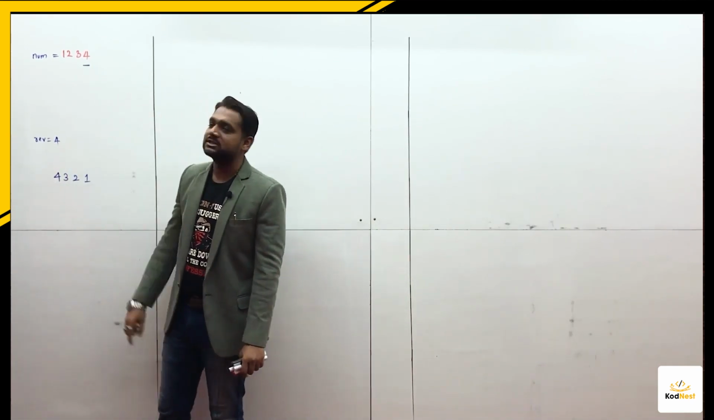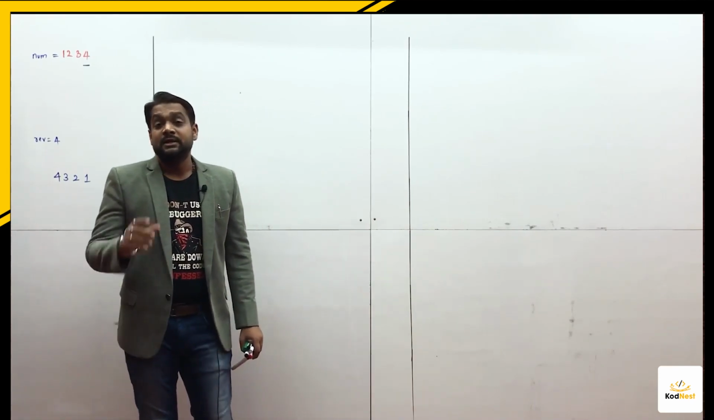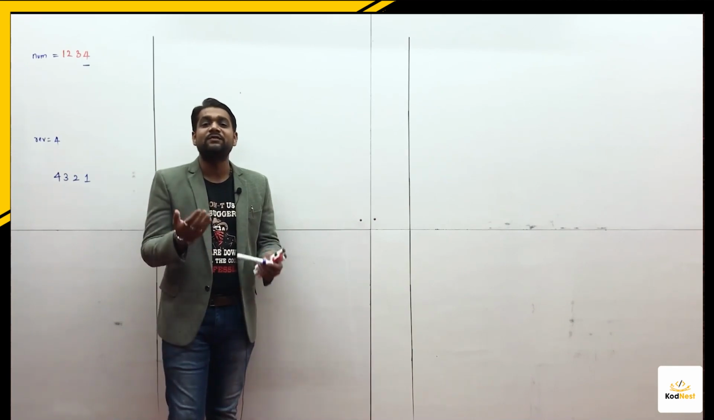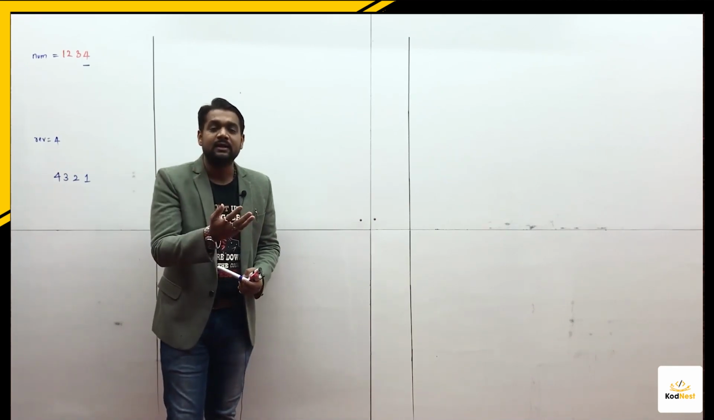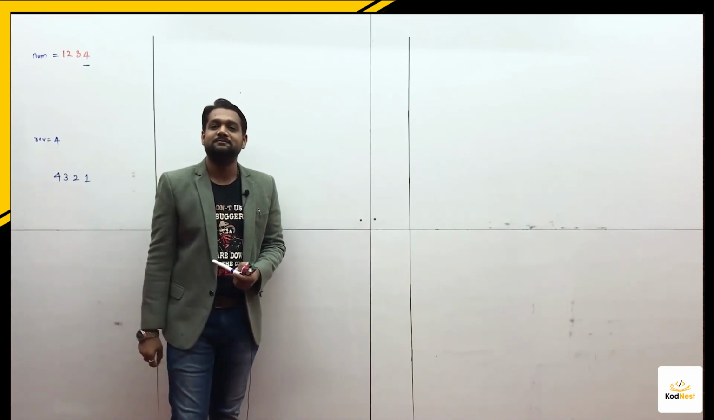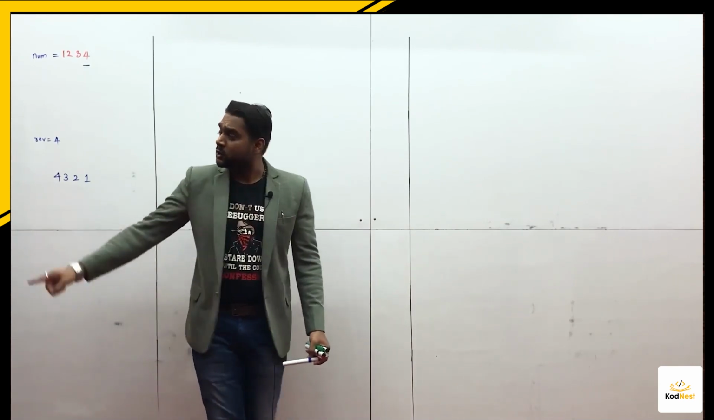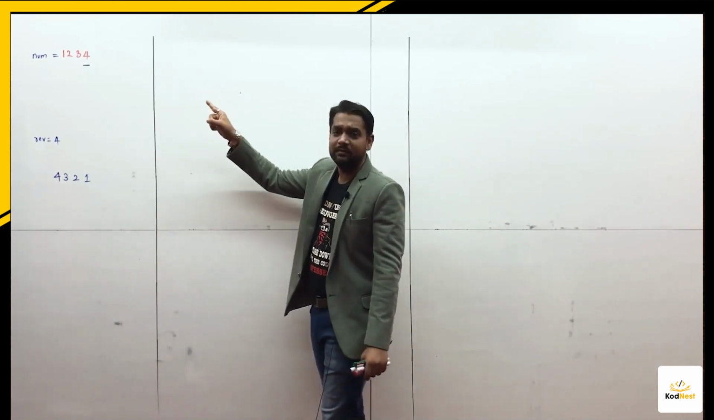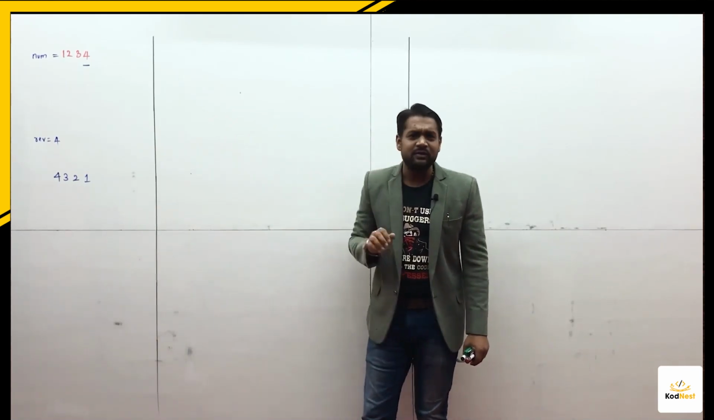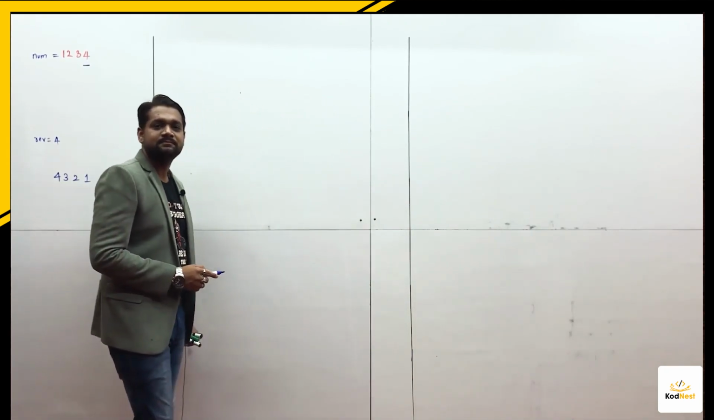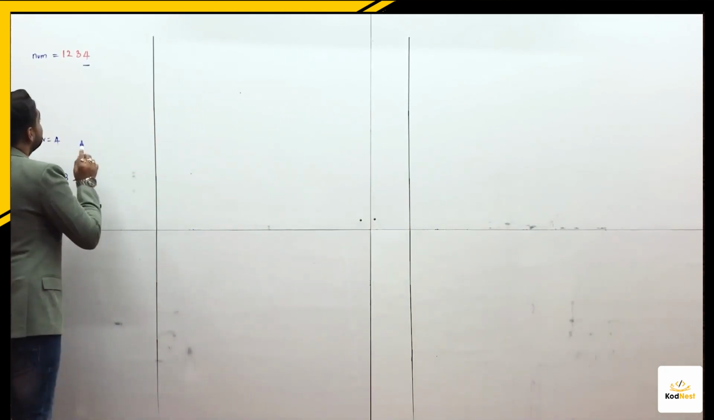How to take out that last digit? If you want to take out the last digit from a number, you have to divide the number by 10 and get the remainder. As simple as it is. I repeat. If you want to take out the last digit from a number, divide the number by 10 and take the remainder. It will be the last digit only. Really, sir? Yes. If you want to see that